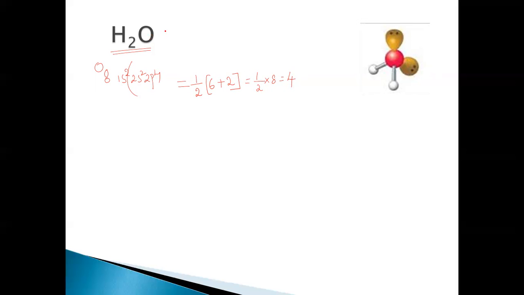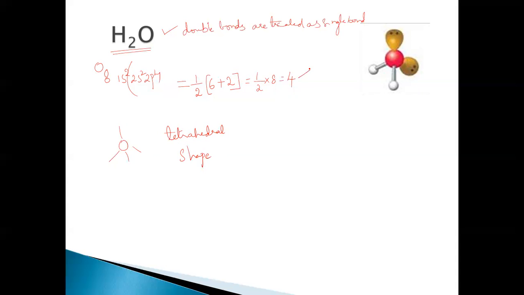According to the VSEPR theory, the fourth postulate I mentioned is that double bonds are treated as single bonds. This is where the application of this VSEPR theory comes in. That is why, even if this oxygen has a double bond, we take it as a single bond in this case. So now with 4, this oxygen needs to be tetrahedral. That means the geometry is, no doubt, tetrahedral, but when we come to the shape of it,